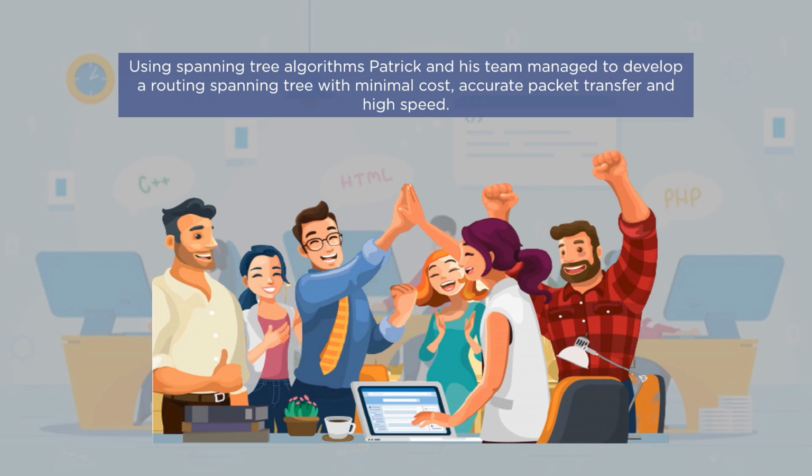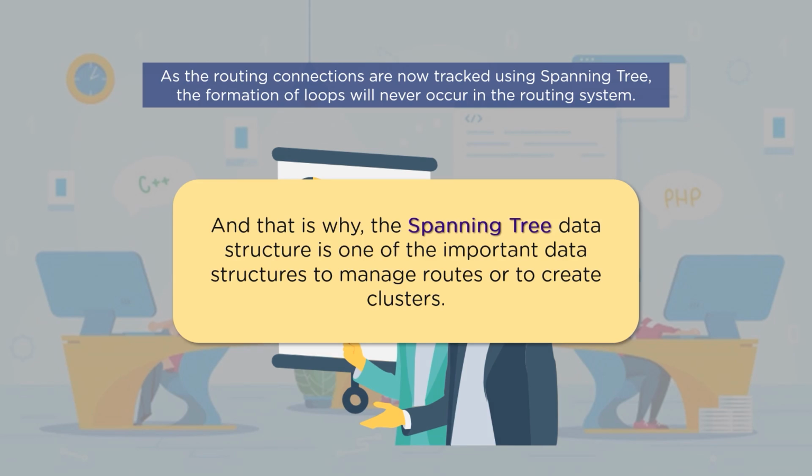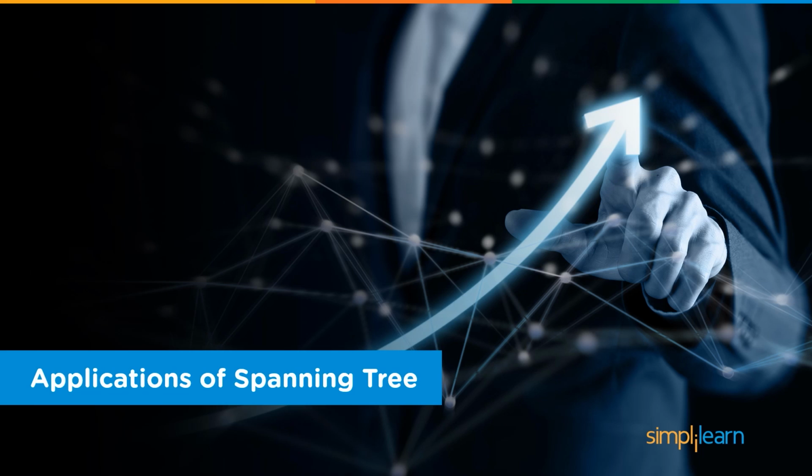activity. As we have already understood, MST removes all the loops from a given graph, and we also know that the whole network becomes the graph for which MST will maintain a minimal routing path. Hence, the network system will never experience a network loop again. Due to this amazing initiative, Patrick and his team were appreciated by the whole organization. This example clearly illustrates the importance of a spanning tree and why it is one of the most important algorithms in data structures. Now, we will look into the different applications of spanning trees.